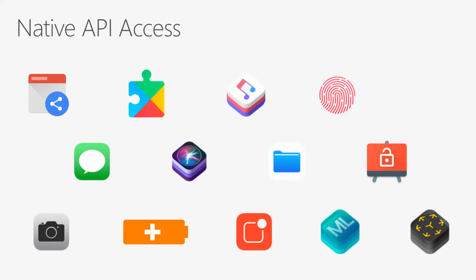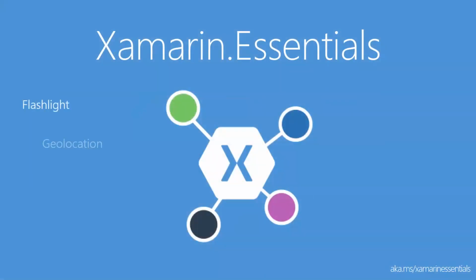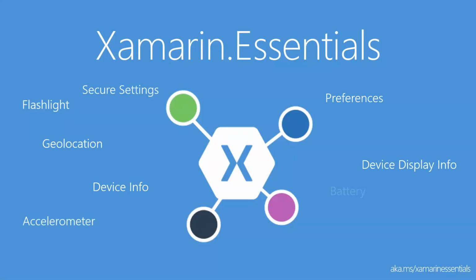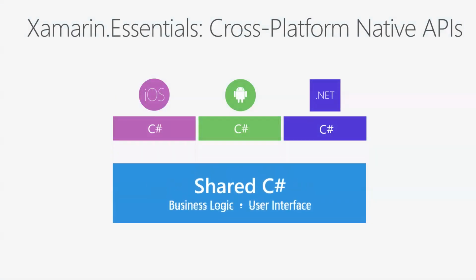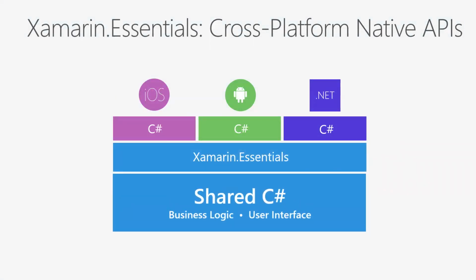What we give you in Xamarin, in something we call Xamarin.Essentials, is all of these packaged into one API. So you can go and say, all right, turn on the flashlight. And that API automatically is going to compile down to the right thing to do for Android, the right thing to do for iOS, the right thing to do for Windows if it has the flashlight. And if it's not supported, it'll know what to do there. And that's one of the ways that you can share a lot of code, is instead of having to go and code the same thing 2 or 3 times, it's just one API. So that just kind of wedges itself in here with that shared C# layer. You can kind of think of that as the necessary, the shared stuff there.